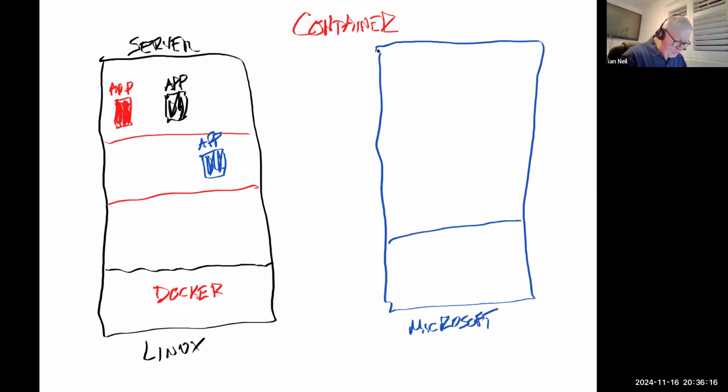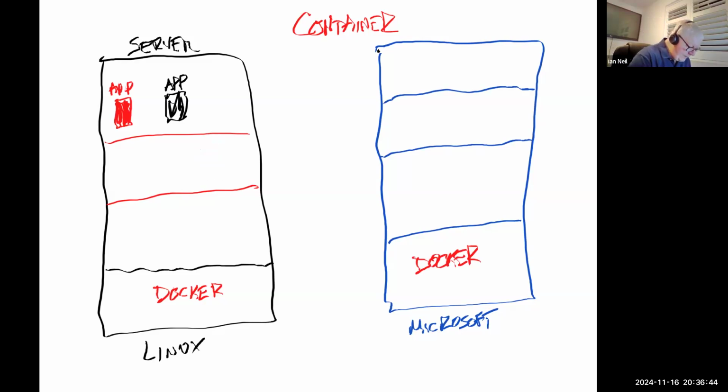Now, if I want to take normal applications and move them between Linux and Microsoft or Windows, I would have to reconfigure them. But we take the Microsoft server and he runs his version of Docker. And that means if I want to, I can just move the blue application across there.